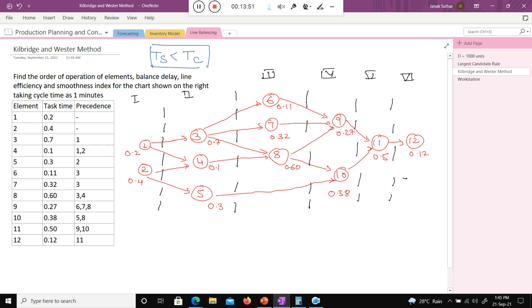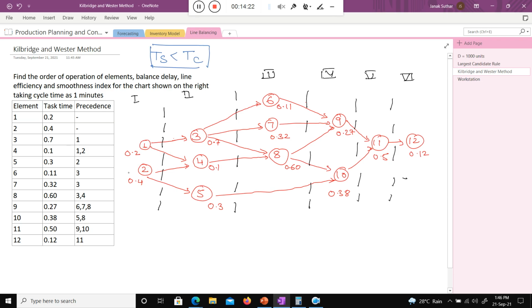Okay, so what is the process to draw the workstation? First you need to consider the column 1 elements. So can you tell me, class, the column 1 work elements? 1 and 2.